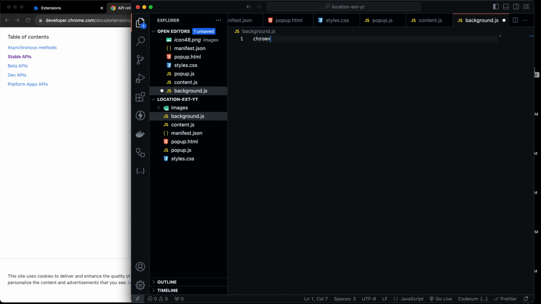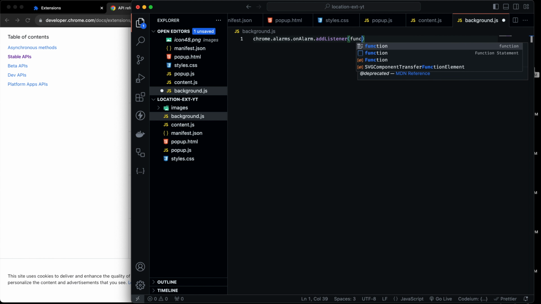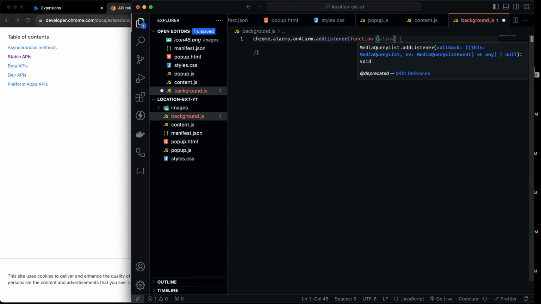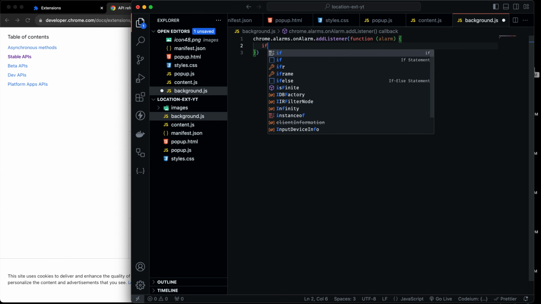So let's use chrome.alarms. Again, this is all from the documentation. chrome.alarms.onAlarm.addListener. Okay, that's cool. Function, and we'll give a callback function which takes in an alarm, and inside that,